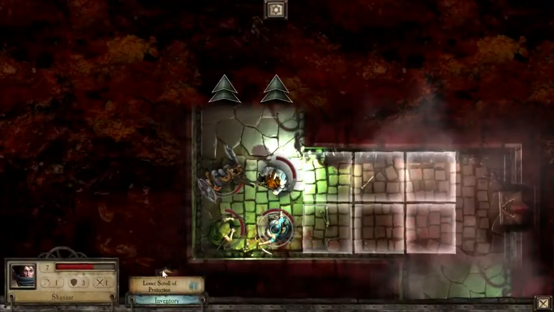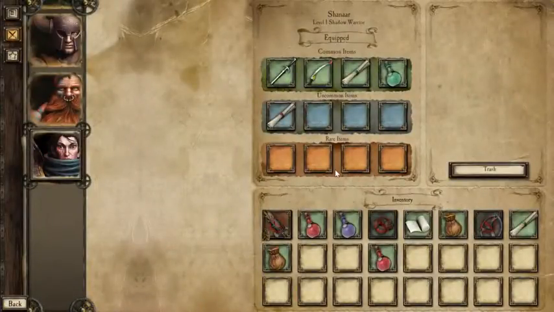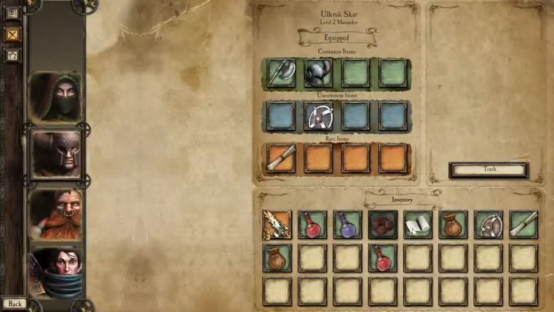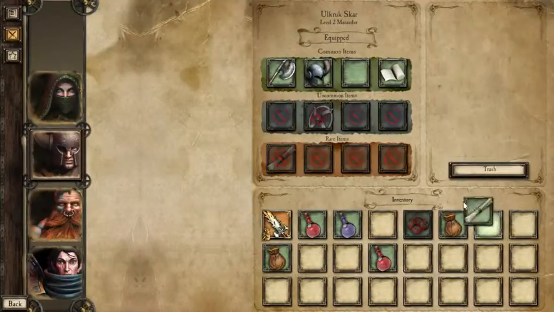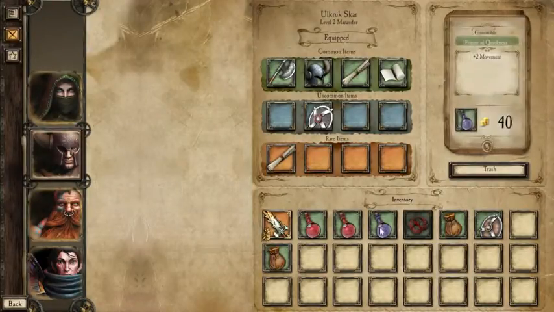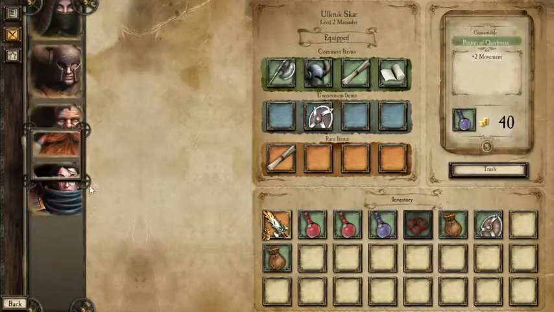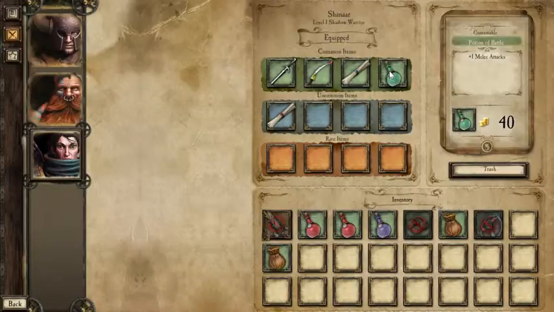Do I have any other healing stuff? Hold on, let's open up the inventory real quick. All right. Where are you? Lesser Scroll of Healing. Don't mind if I do. I was looking for something like you. 4 strength, 2 movement. All right, and what is this? +1 melee attacks. That's not even